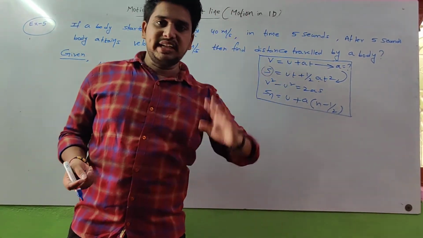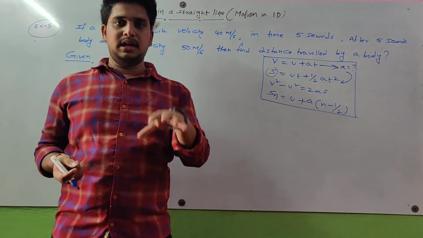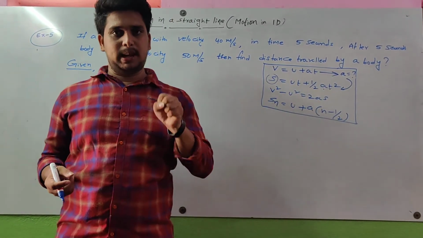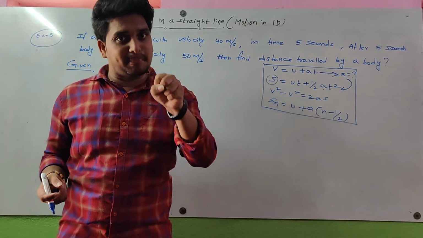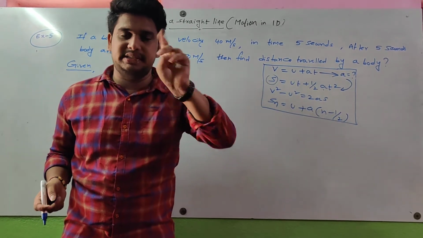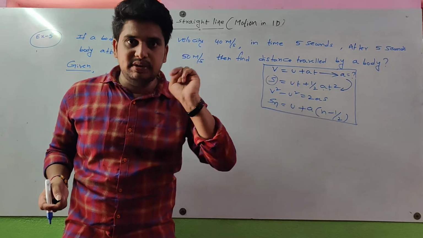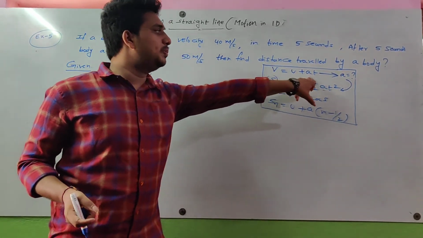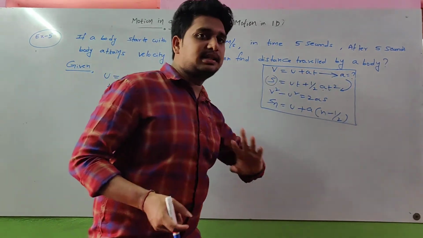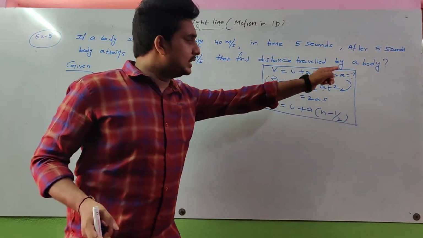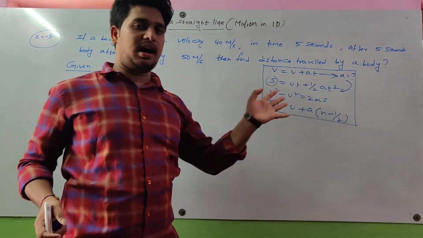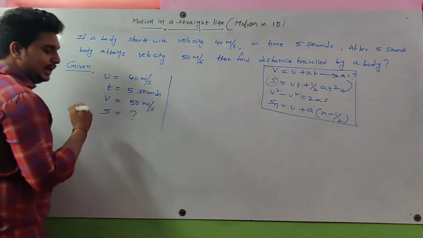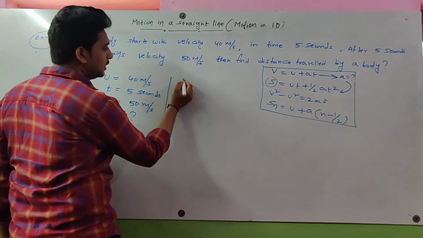In earlier lectures, for solving a problem we used only one equation. But here for solving the problem we are using two equations. Using two equations, it is easy to solve this question. That means from v is equal to u plus at we find the a value. That a value substituted here, we get the s value. So first find the a value.